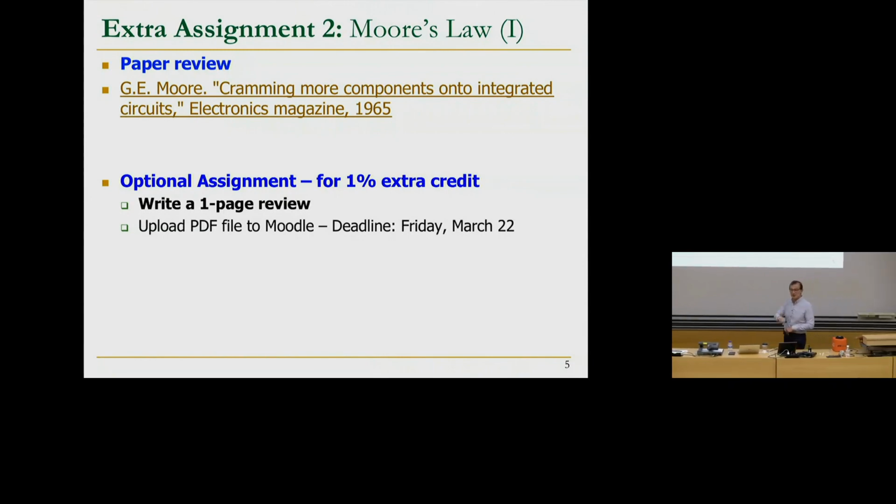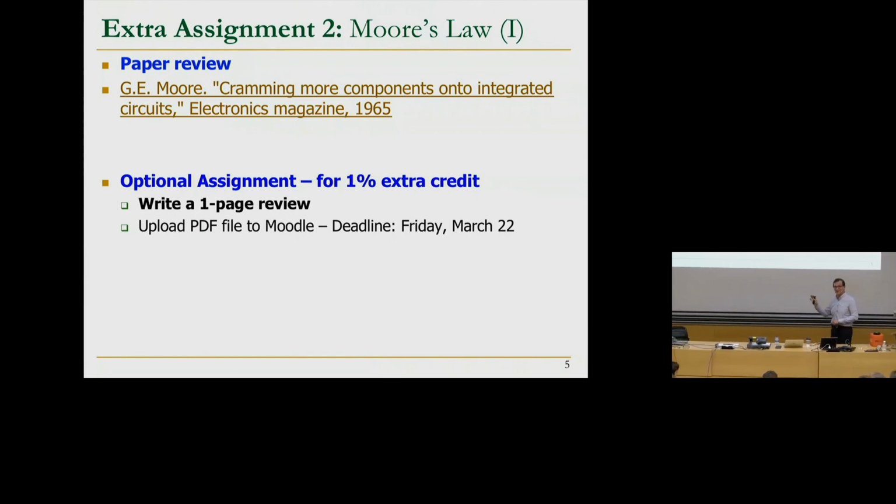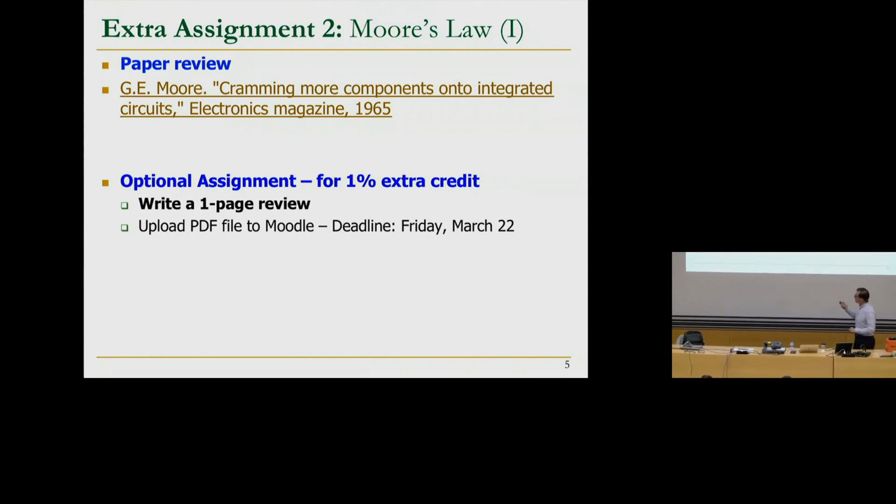And before that, he was actually at Fairchild Semiconductor, and they designed a lot of interesting transistors and logic gates at that time. We're talking about the 1960s, late 1950s, actually. This is really the birth of manufacturing of the transistor and logic gates. And this is a very early paper from 1965. It's 54 years old now. It's amazing. Basically your task, if you choose to do it, is to write a one-page review and upload it